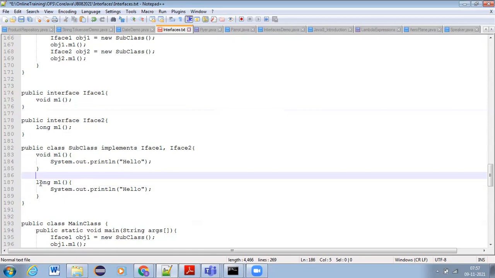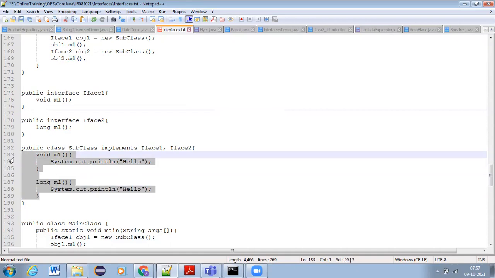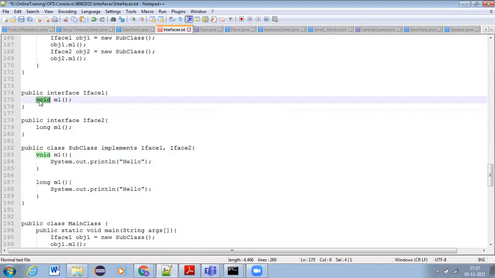But if you write within the same class the same method names and same number of parameters, 0 parameters, but a different return type, this kind of implementation is not allowed. If two interfaces have methods with the same names but different return types, then it will be an error.